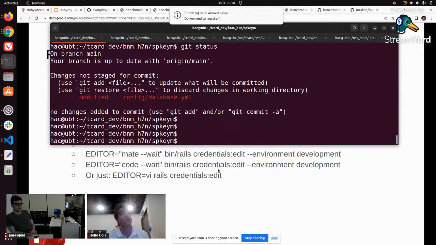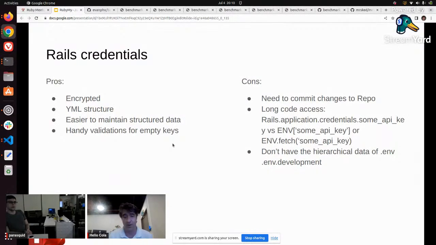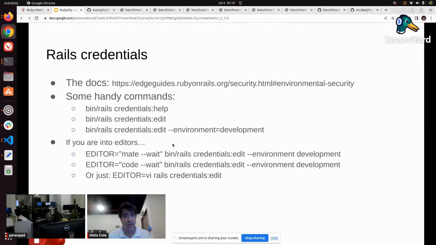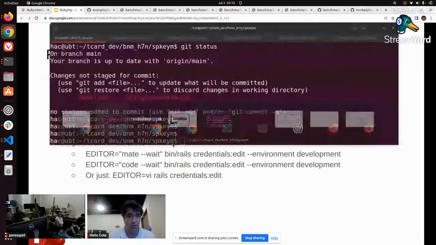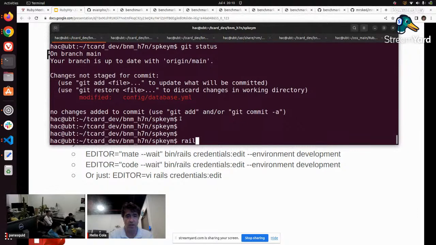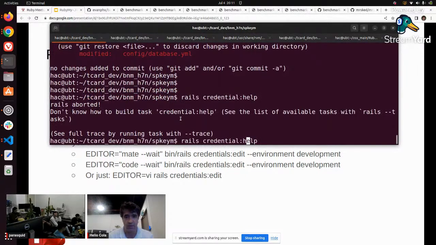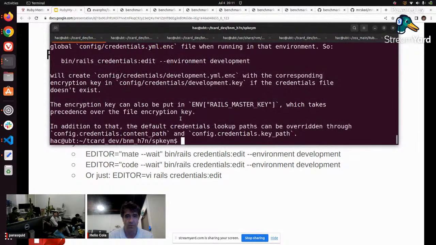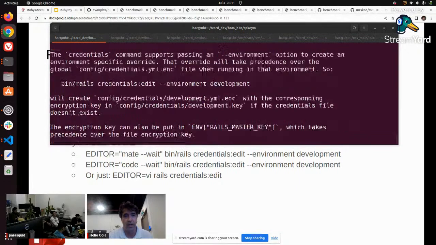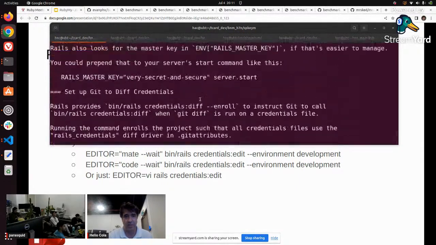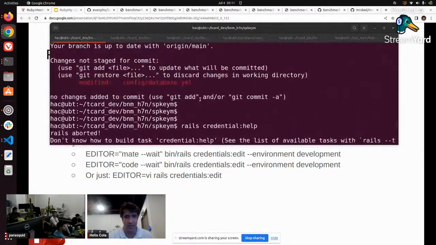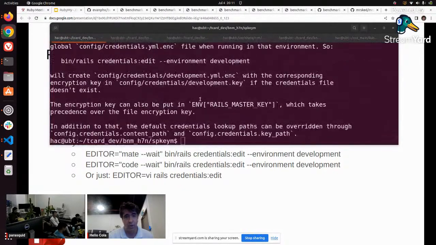Let me move on here and see what else I have to talk about. Okay, there is this thing here: rails credentials help. Oh, there you go. It explains a bunch of stuff, and you can read it in your command line if you like. And then there is one thing that's different from